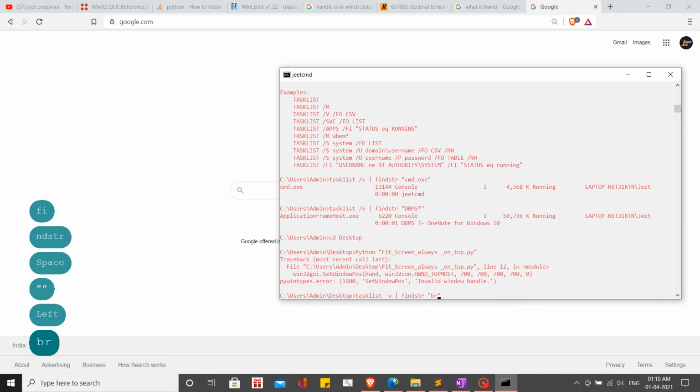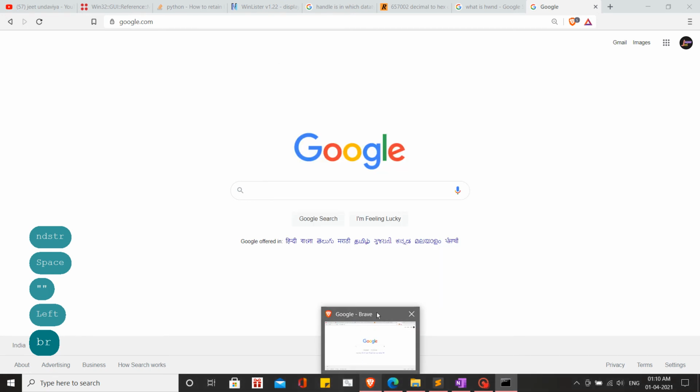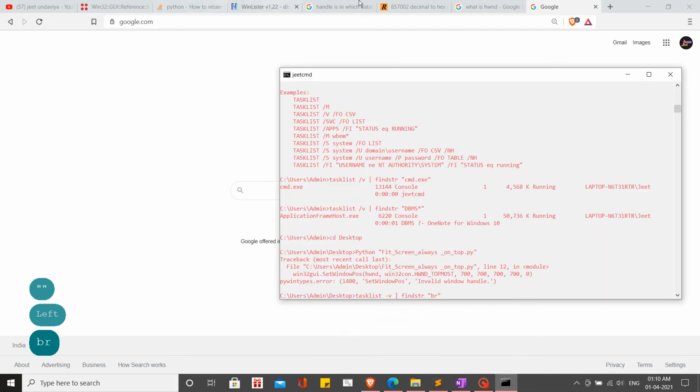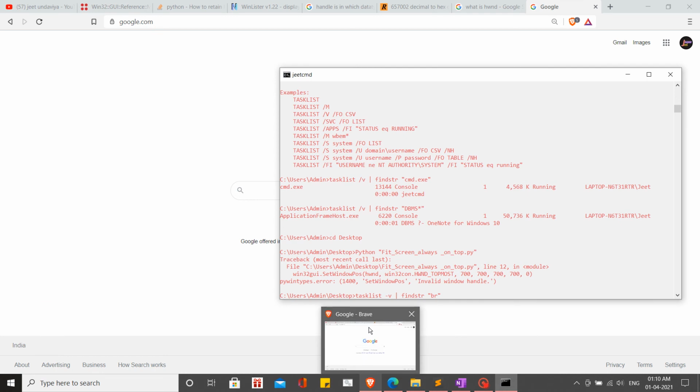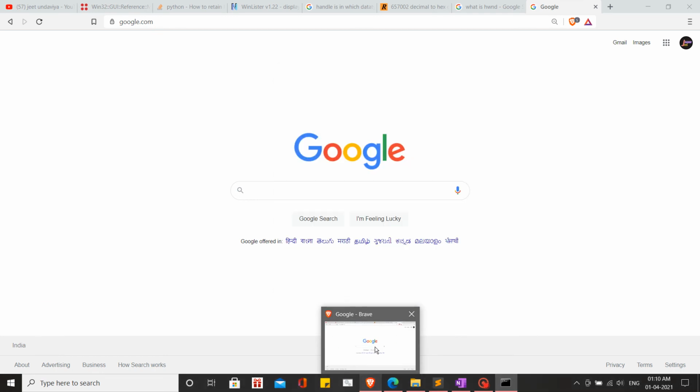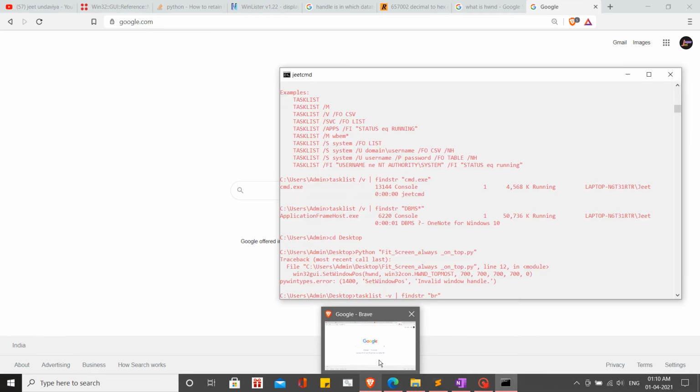Now, here's one more concept. Let's say we do not know the title, right? There can be multiple titles. But let's say we know roughly which application this is. We know this is the Brave browser, so I know the image name for this. The image name for the Brave browser is brave.exe.